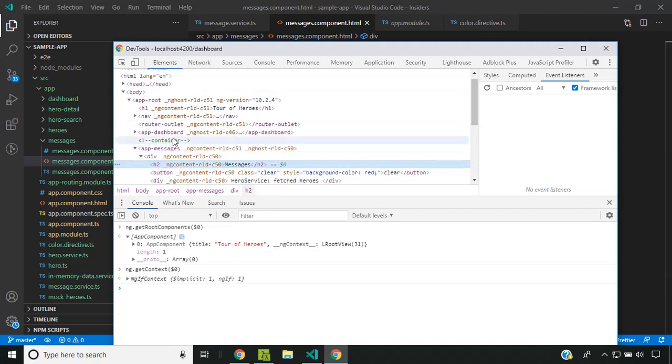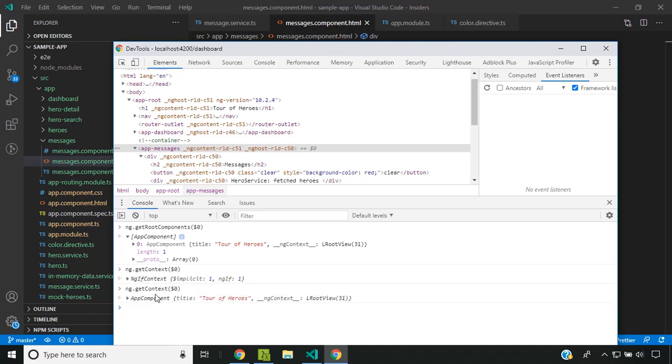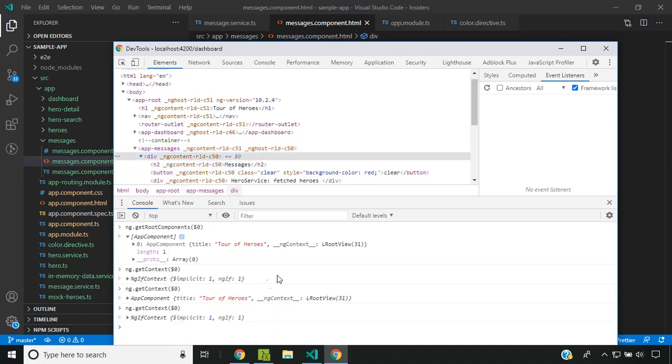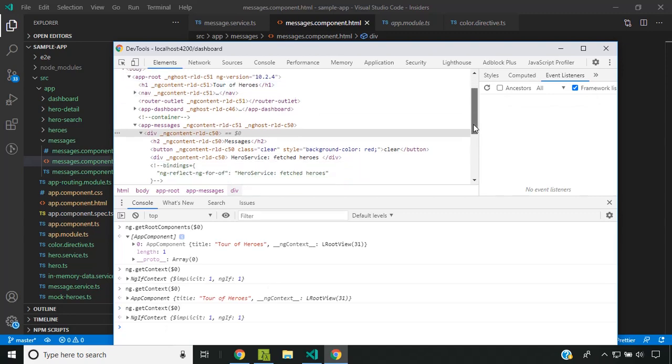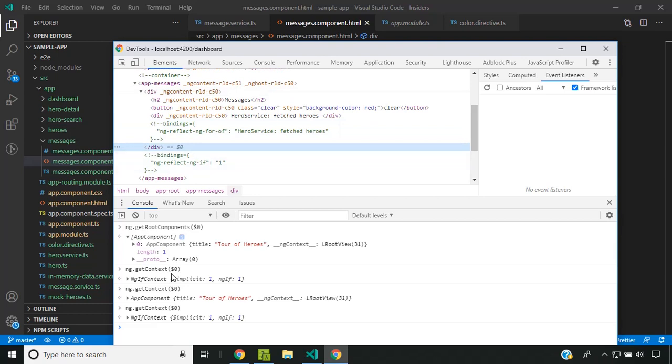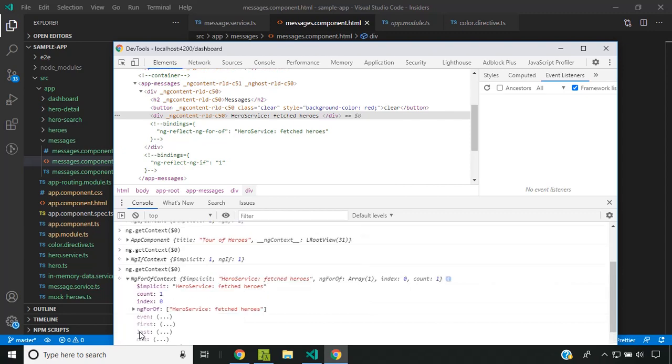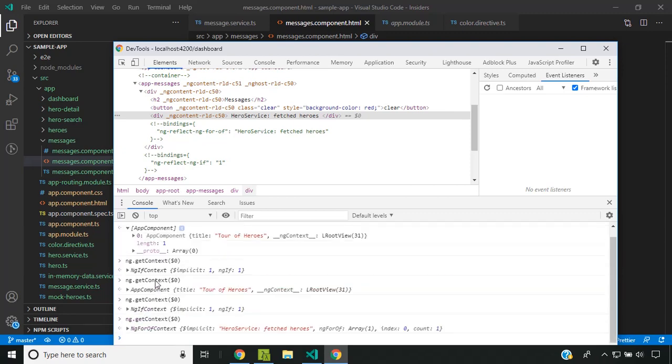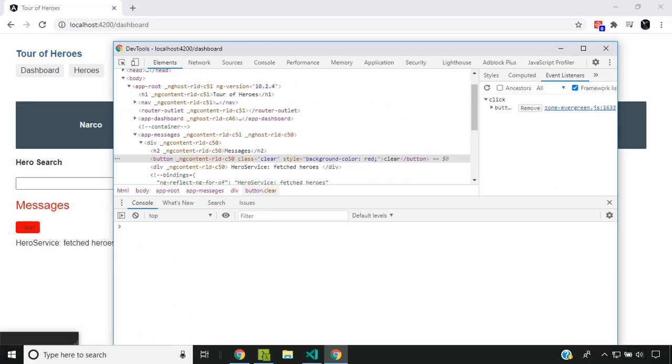So in case I had selected the app messages, when I execute, you can see that it gives the parent component. But since the current div is inside an ngIf, it will provide that as a context. So similarly, if we select this, let's select this and try, you can see that it is showing the ngFor as the context. We have a method called the